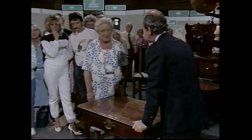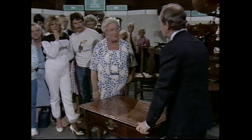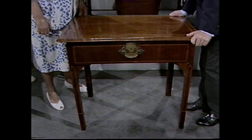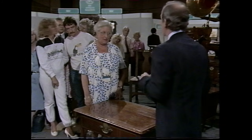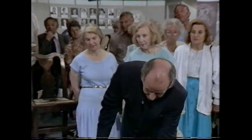It was given to me by my grandmother about 15 years ago as a typewriter table to stand a typewriter on because it was a fairly solid table. How wonderful. Well, originally it was an architect's table, or that's the general term for this sort of writing or reading table. Inside the drawer,